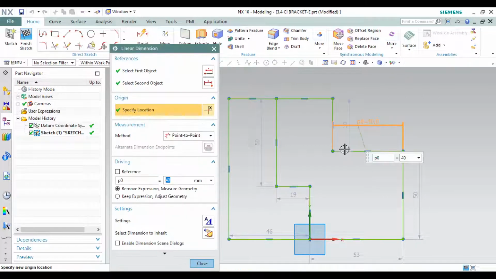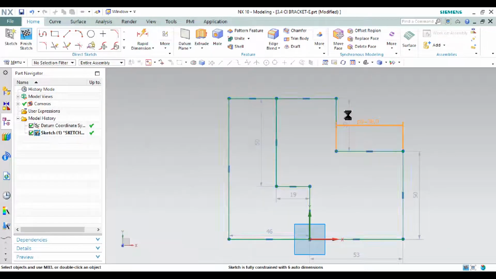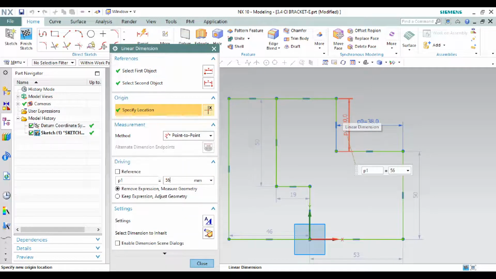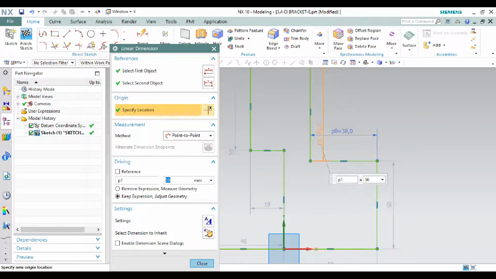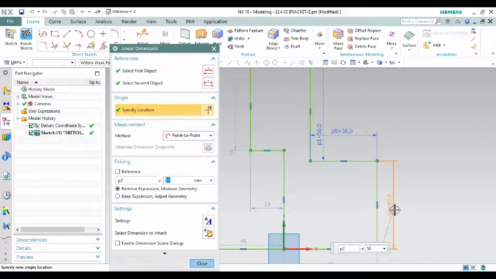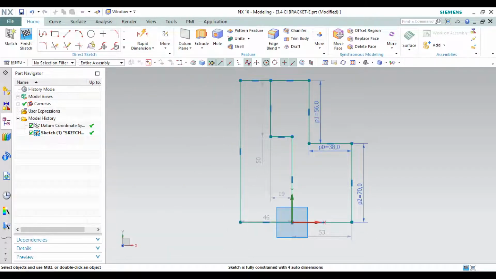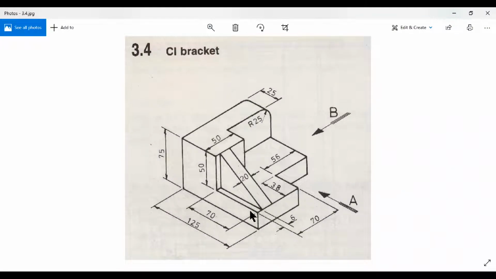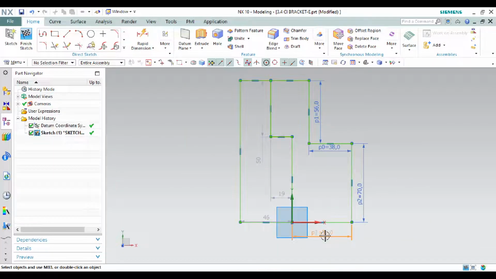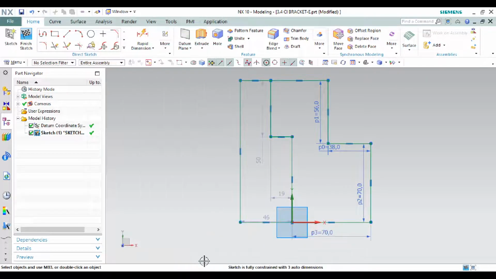This one is 38, 38, 56, 56, enter, and this 17. Okay, close. And this 17 also. Enter, close, and then